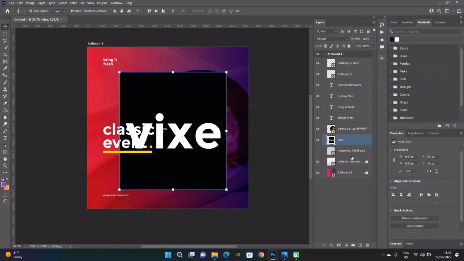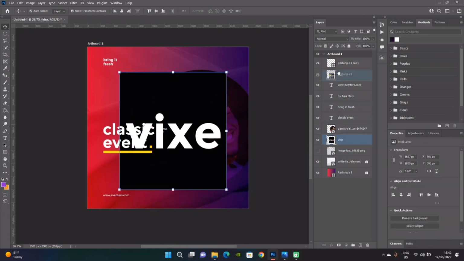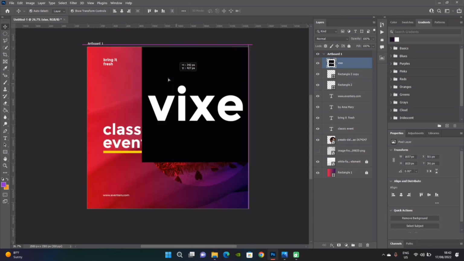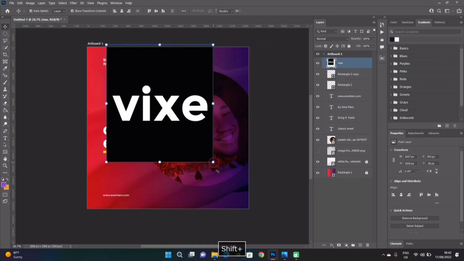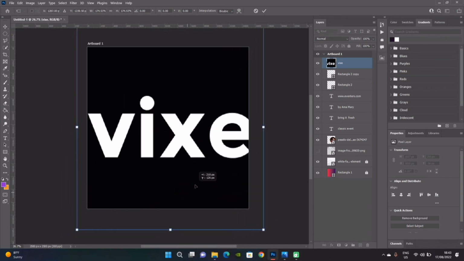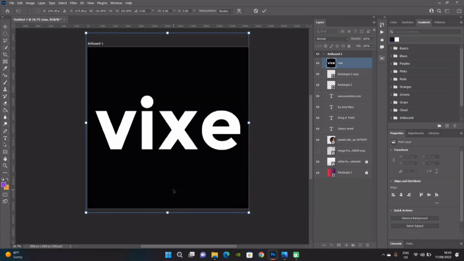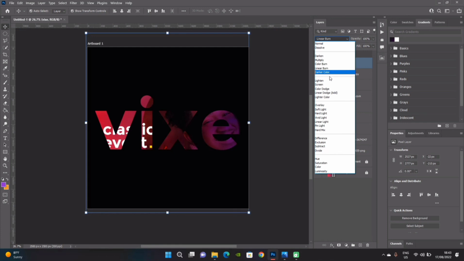So let's see now, let me merge the two of them together, merge layers, two of them. So now it's a whole image, right? Ctrl Z. So let me select it. Let me select the layer and bring it to the front. So it's a whole image, right? Now see, let's go and apply the blend tools. You can see. I just want to show you that if you actually use an image with a darker background, it will work with